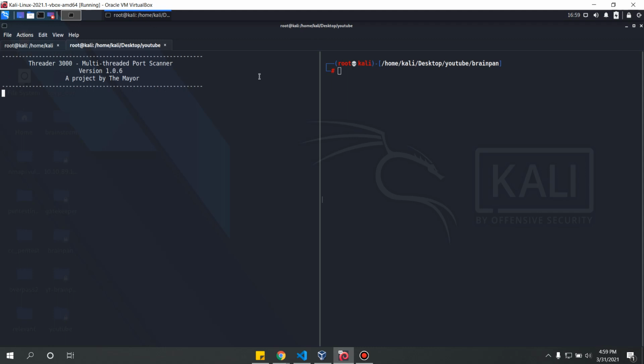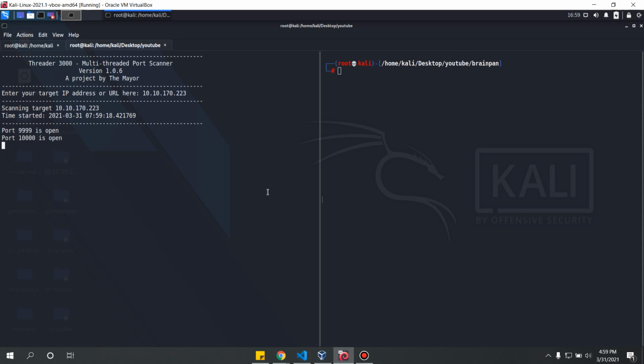So I'm going to be using Threader 3000 so that it can check the ports that we need to see and then do nmap scans accordingly on those ports. So while this is running, let me just talk a little about what this kind of scan is. So it's a basic buffer overflow scan where we basically override the memory that the application is running on, and then we inject our payload into that. If you guys don't know what a buffer overflow is, I would really suggest you go and see online, because this hack is a bit more advanced and challenging, and it'll do you really well to have a basic background